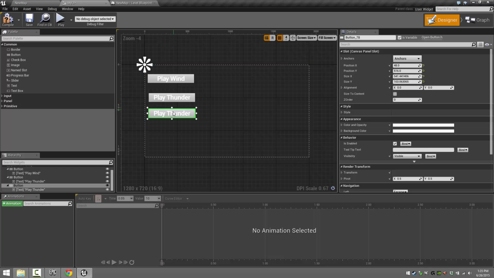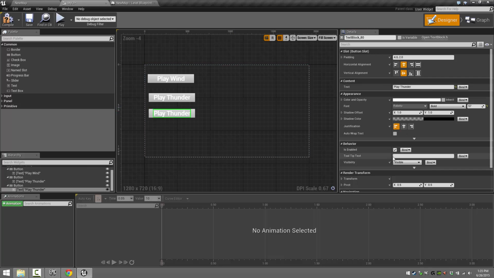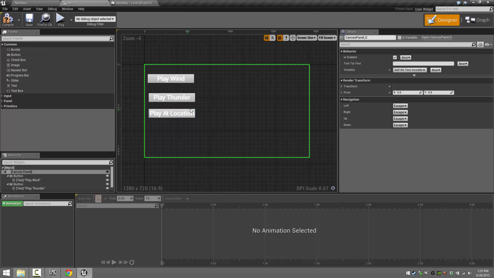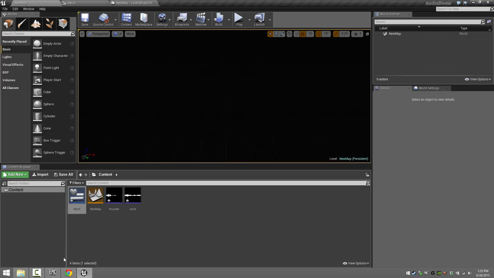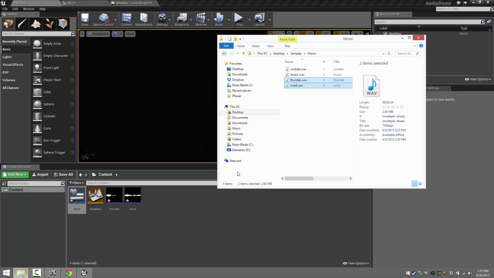And we shall dub the play at location. Assuming I have room. I don't. Oh, I do. Excellent. All right, and I'm just going to bring in a new sound effect for that one as well. Don't really have to, but it makes it a little bit easier. So we'll bring in our crickets